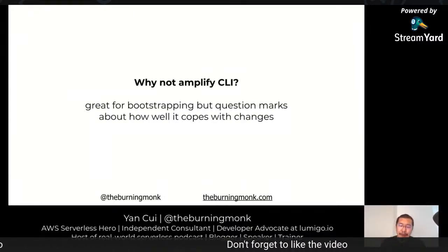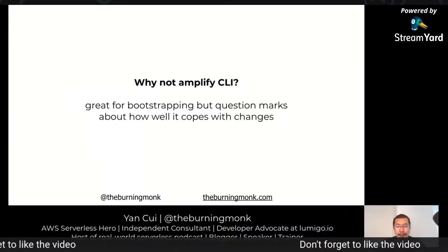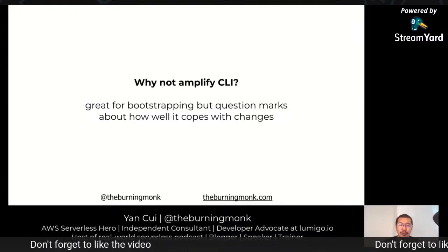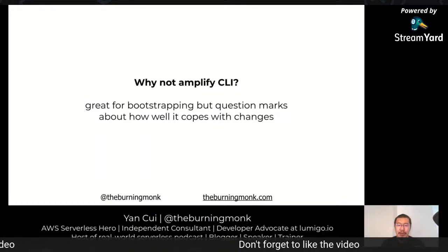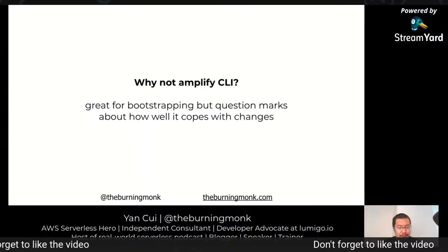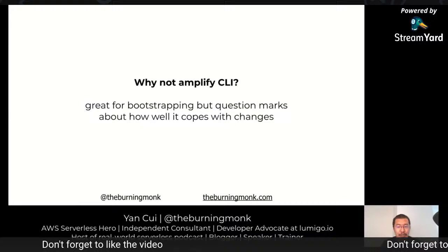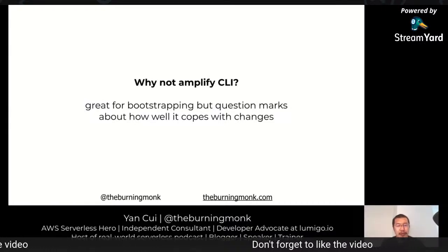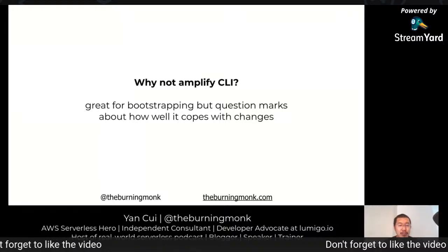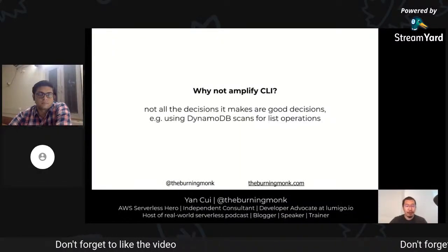And while I think the Amplify CLI is great for quickly bootstrapping a new app, especially for a team that doesn't have a lot of experience with AWS and with Cognito in particular, it really helps you get something going quickly and gives you some good defaults. But I've also heard that it doesn't cope very well with certain changes. A few people told me that they've had to delete the entire stack when it got stuck and they can't apply some changes. Again, probably because of limitations with CloudFormation under the hood, or because the tool is still relatively young and still maturing. But again, it's not something that I want to deal with for a client project where we have really tight deadlines for delivery.